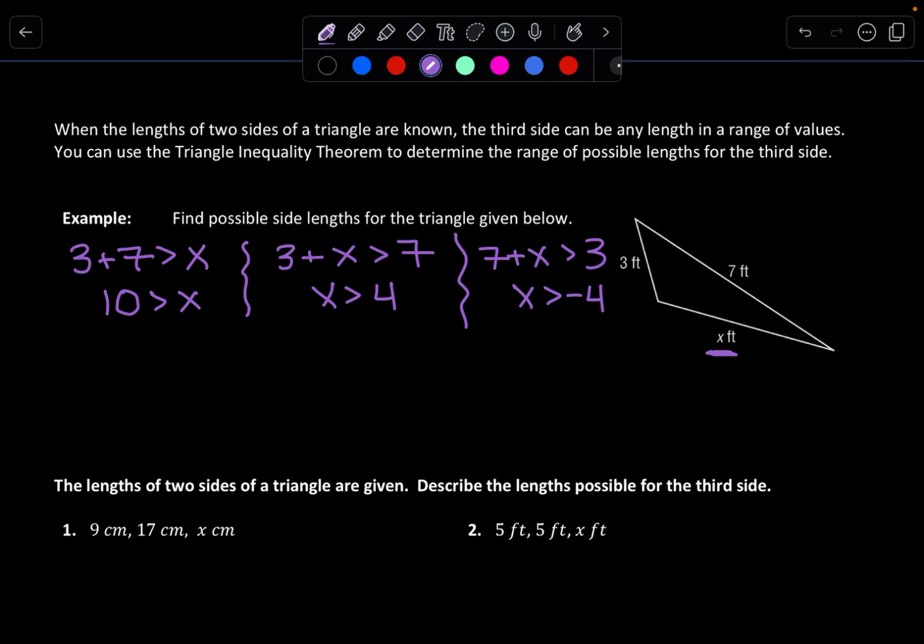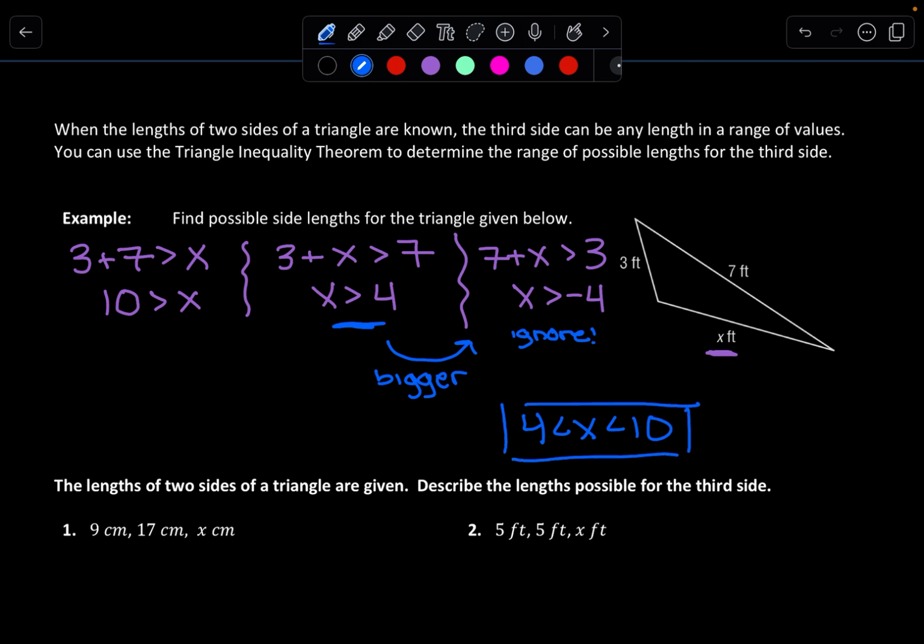because if I pick 0, 0 is not bigger than 4, right? So I essentially am ignoring this for right now because anything bigger than 4 is ultimately going to be bigger than -4, okay? But anything bigger than -4 isn't necessarily bigger than 4, right? So the range of values that x could be is in between 4 and 10,